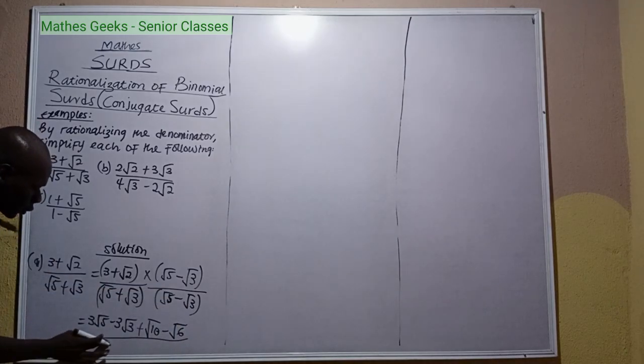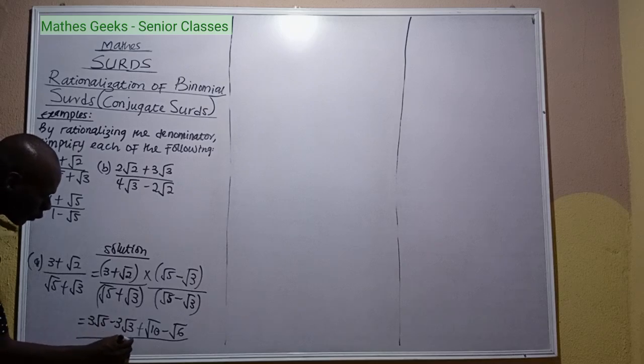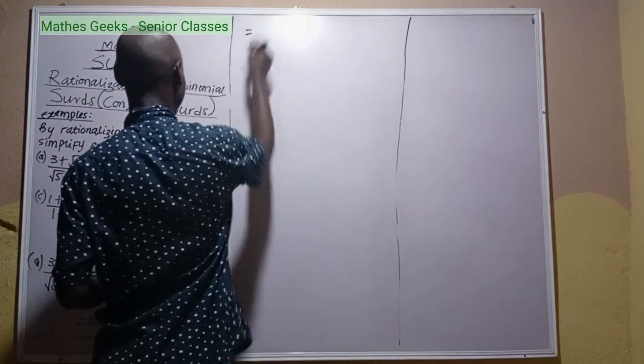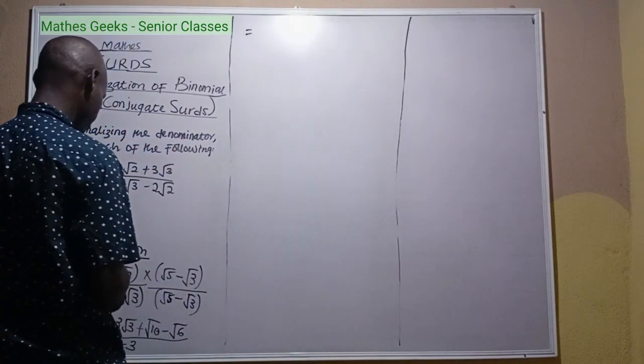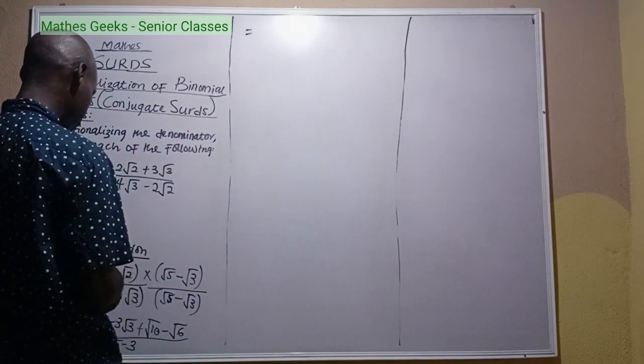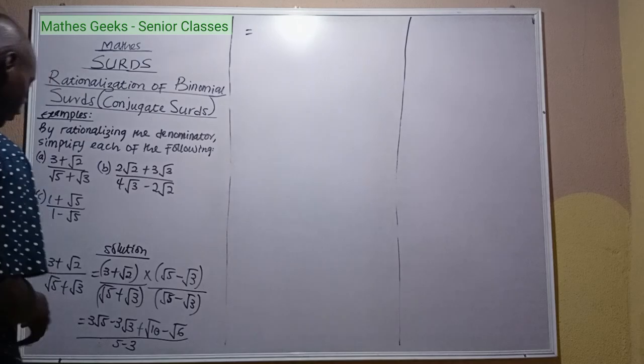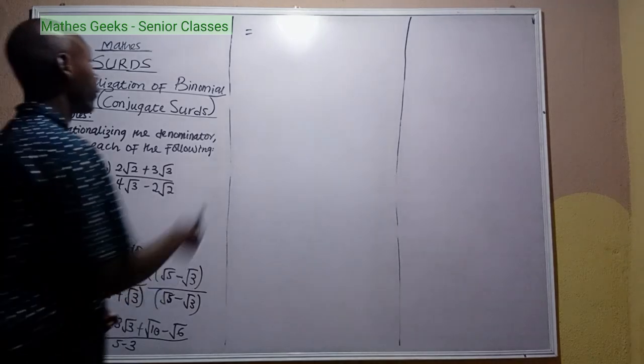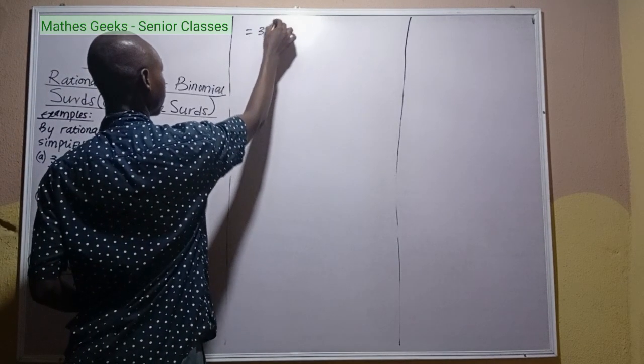5 minus 3 is 9, like it here. 5 minus 3. So the answer will be 3 root 5 minus 3 root 3. So we don't have similar roots. So that will give us 3 root 5. Just leave it like 3 root 5